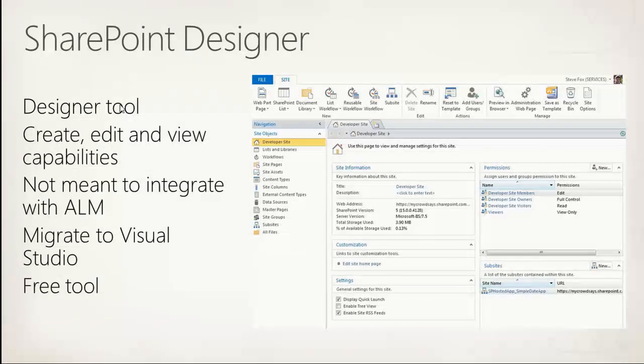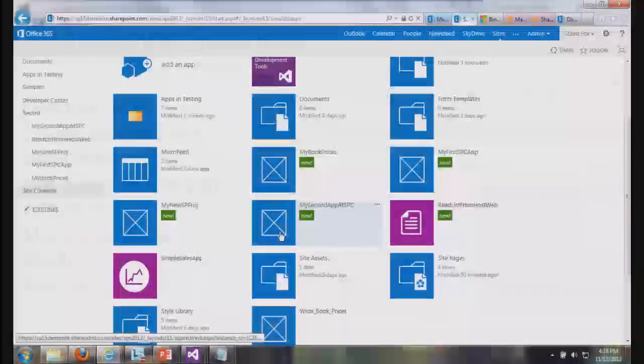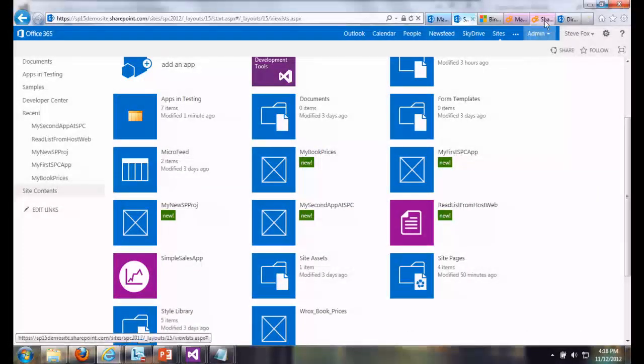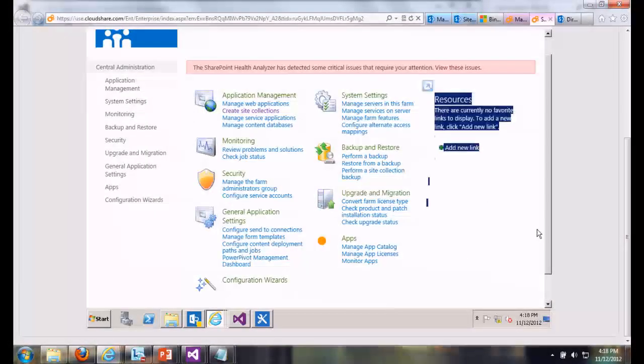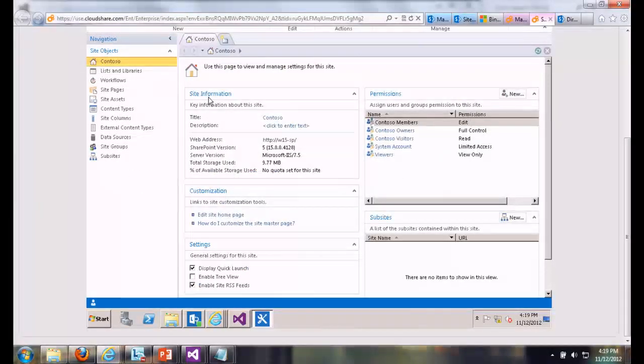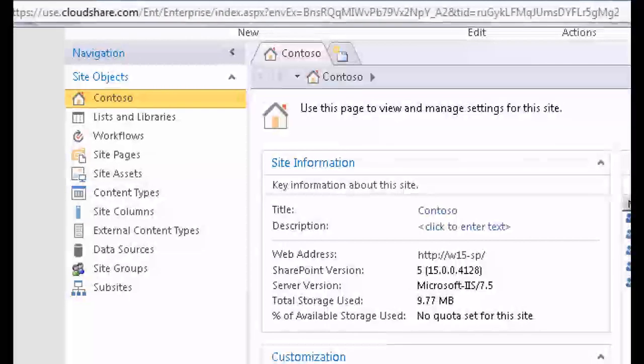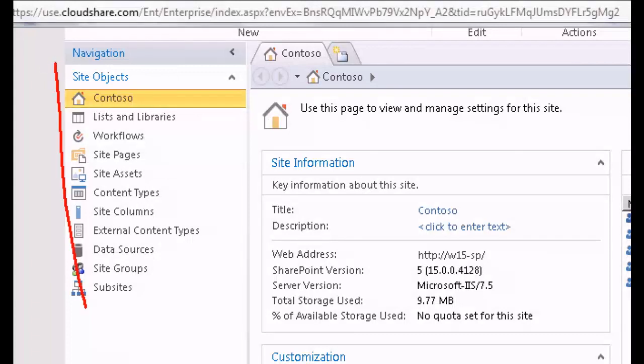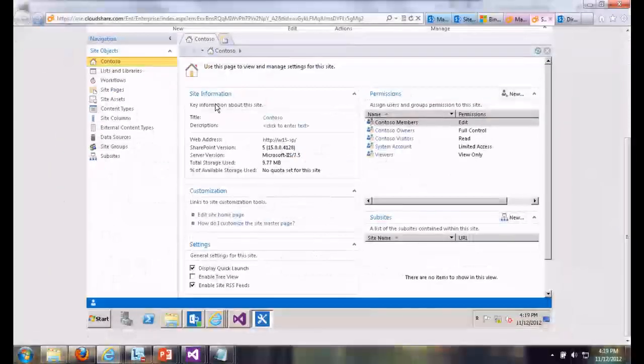So, for example, if I pop over here into my developer instance, I'm running again, this is SharePoint Server. I'm remoted into a SharePoint Server. I've opened up my SharePoint Designer here against that particular SharePoint Server, and you can see on this left-hand side, there's a bunch. Oh, that's not what I wanted to do. Let's try this one more time.